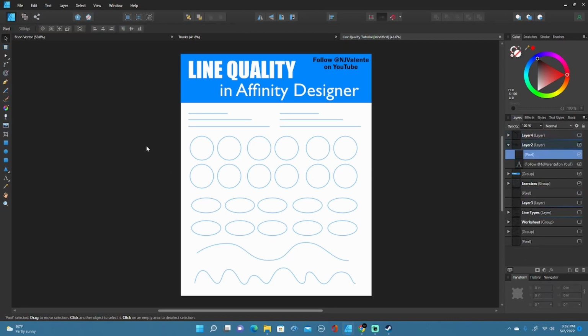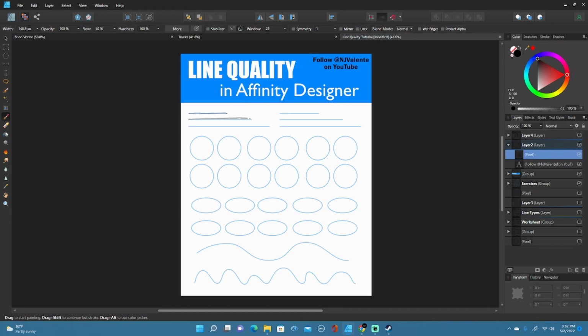So I can just go ahead and create a new pixel layer. We'll go over to the pixel persona. And so basically what we would do here is we would just try to follow that line as straight as possible. You could use the shift feature, obviously we're working digital, as the ruler to make that a little bit easier there. But for the circles, ellipses, and these wavy lines and whatnot, as a way to build up our hand-eye coordination and the quality of our line, you want to go ahead and just try to attempt these freehand the